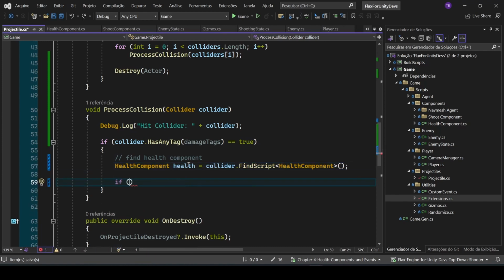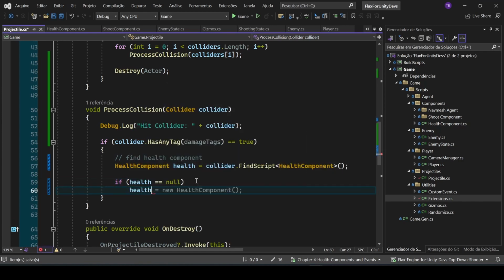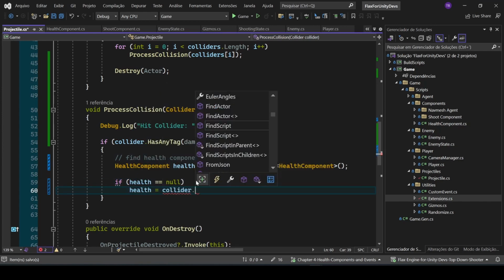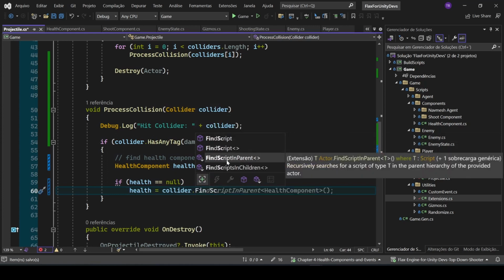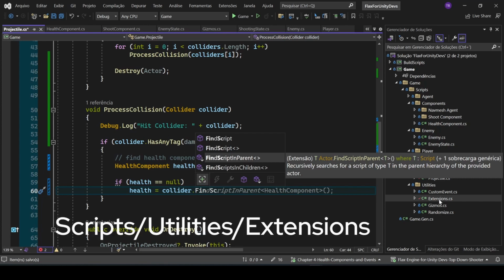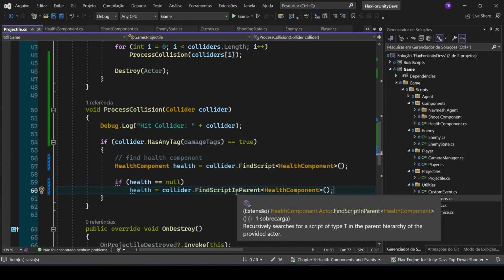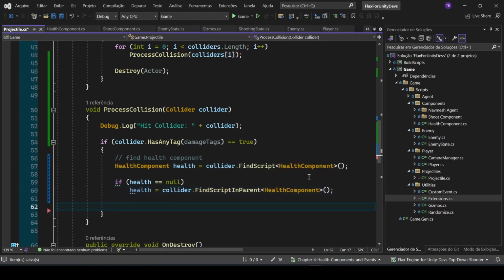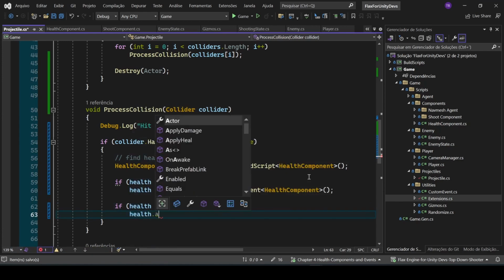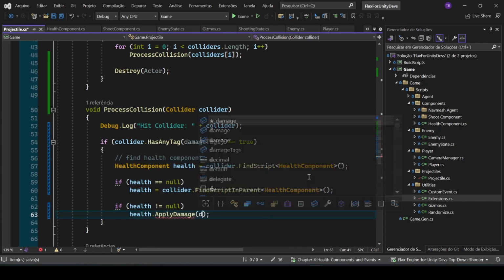Awesome. If this is still null, we have to check for it. So if health is equals null, then health is going to be equals to collider dot find script in parent. This again is also a script that doesn't exist in Flax. I added it in this extension's static class. So let's go ahead and search for it in the parent. And now that we have checked for the health component both in the child hierarchy and in the parent hierarchy, we can go ahead and if health is not equals null, then health dot apply damage, and we send in